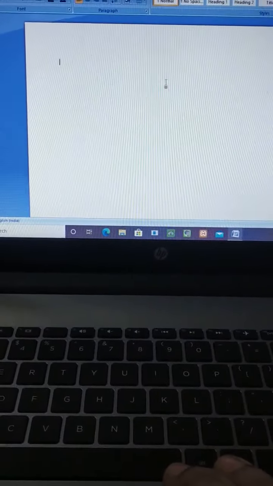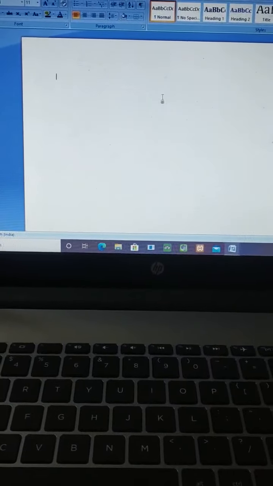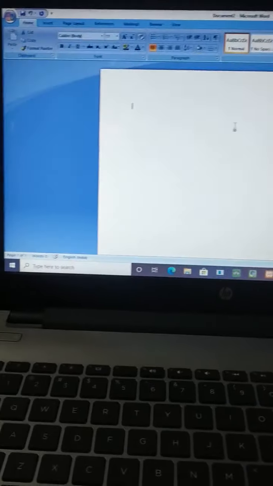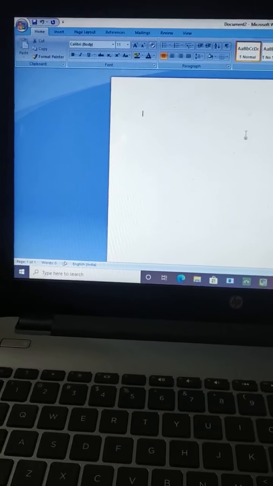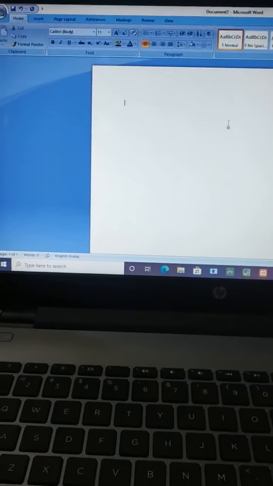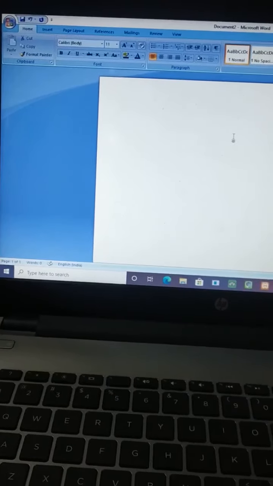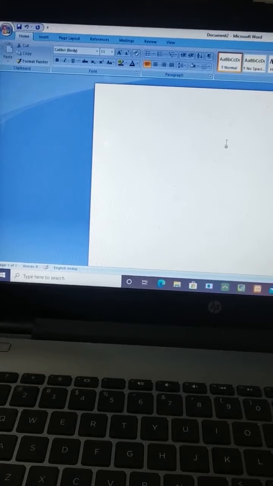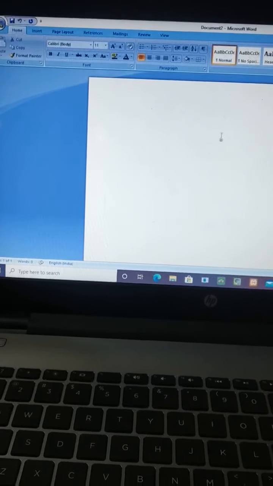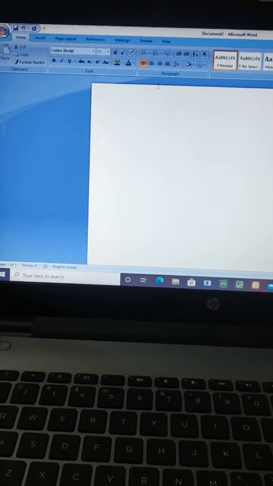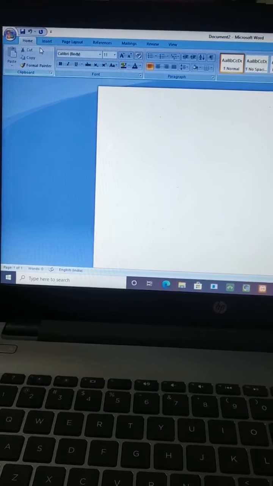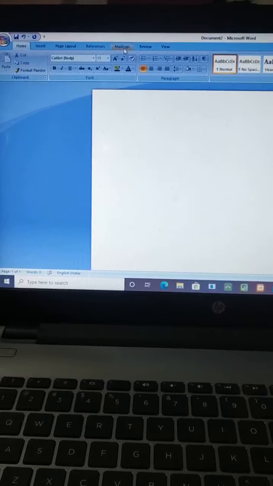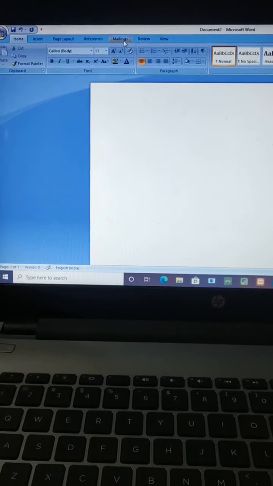How will we insert the table? Already I told you, according to the version of the Microsoft Office package you have installed, there will be some changes. In this computer system, the 2007 version is installed. In the 2007 version, we can see options like Home, Insert, Page Layout, References in the menu bar.